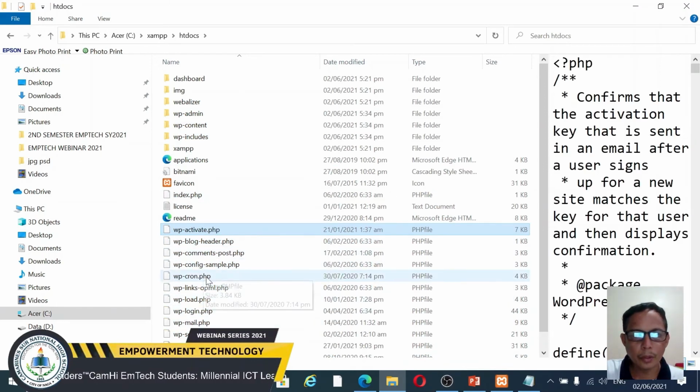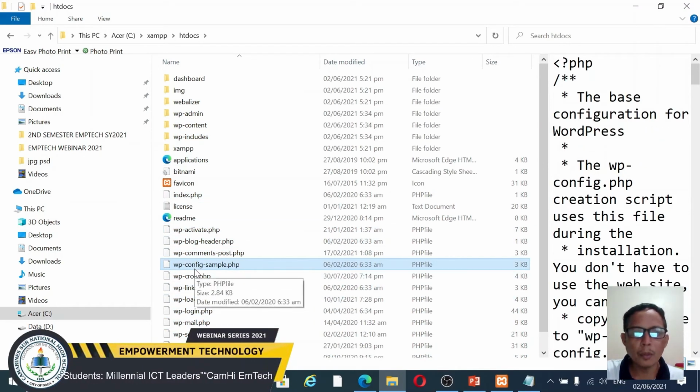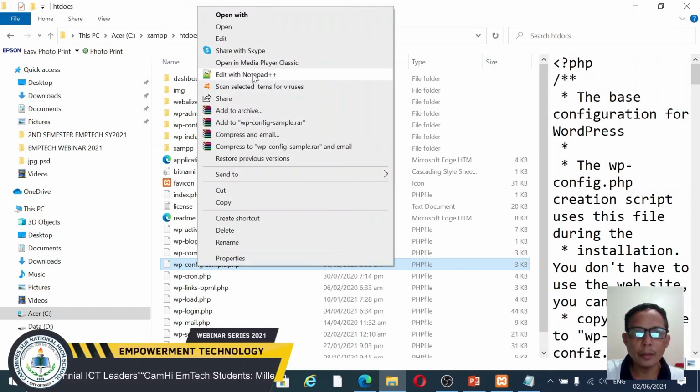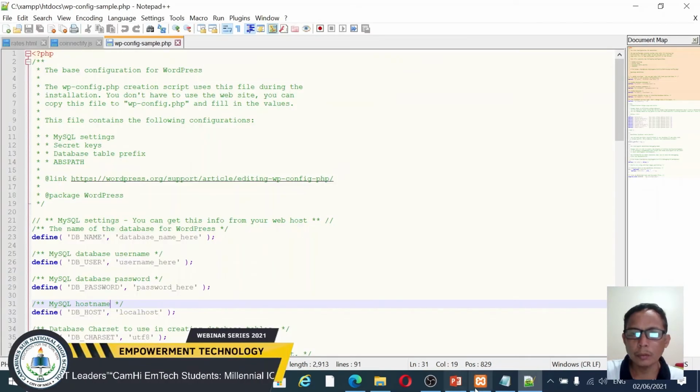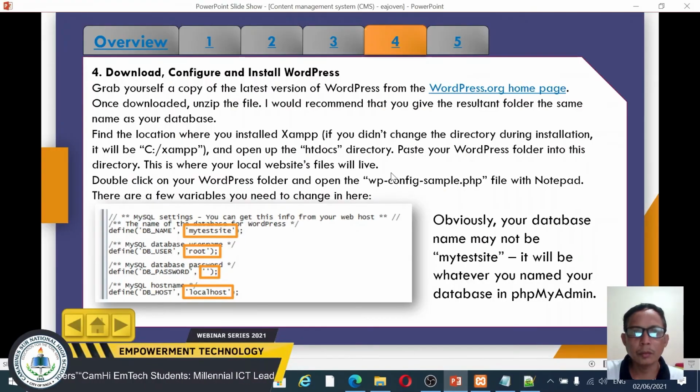Afterwards, look for the wp-config-sample and edit it with Notepad. Based on this example, you need to change the database name, the user, the password, and of course localhost.